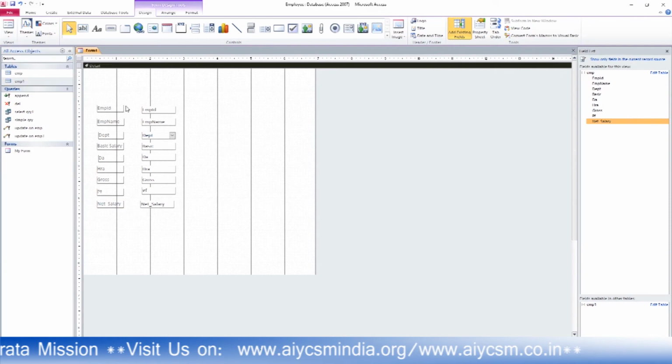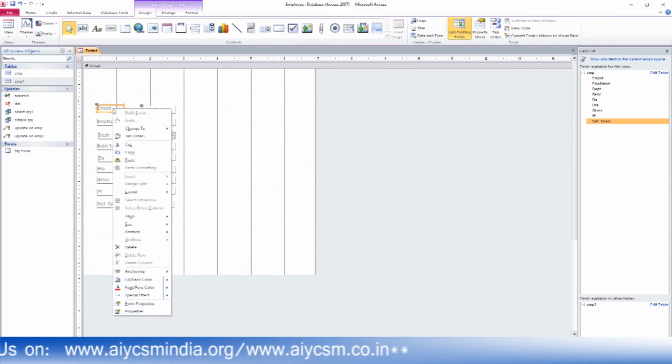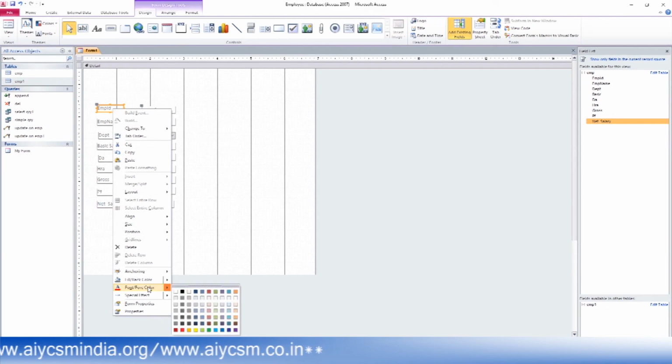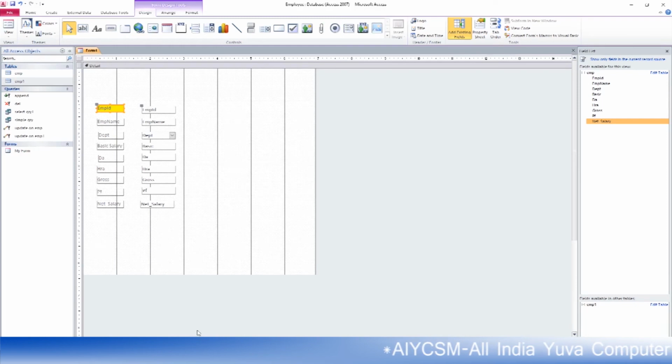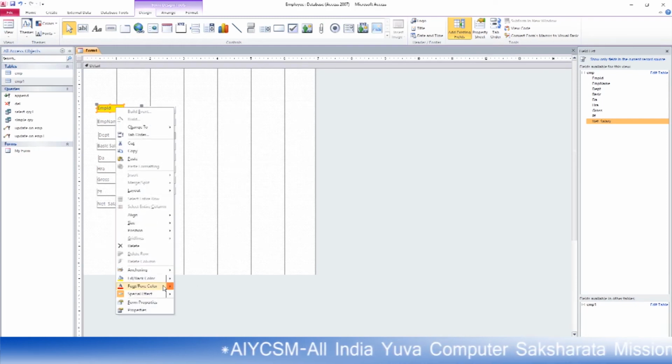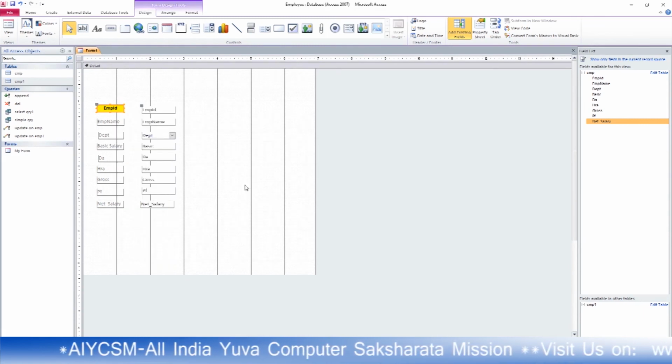Now you are able to right click on it, here it is, this is the front color. You can set the front color as well as the back color. I am just providing the back color like this one, make it bold, and the front color is black. I have to use the front color as black and middle. Now if you click on